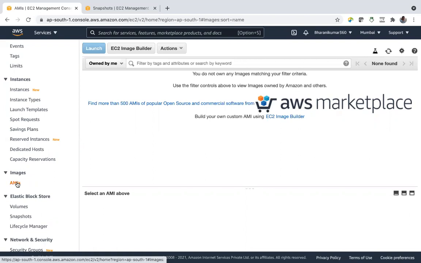So instead of taking snap of your instance and creating instance there, you can take AMI. That means a bootable copy of your instance. We know snapshot. Snapshot is taking a copy of your volume or instance, but it's not bootable one.